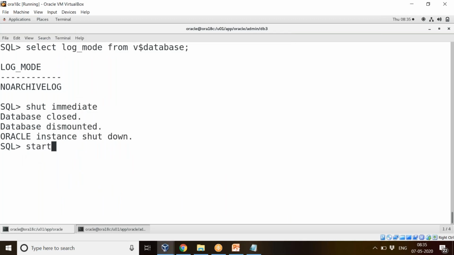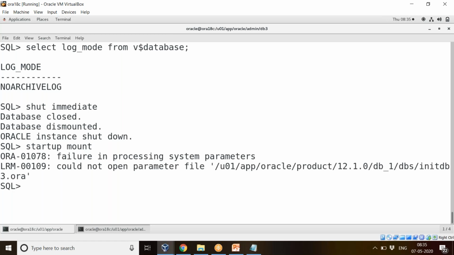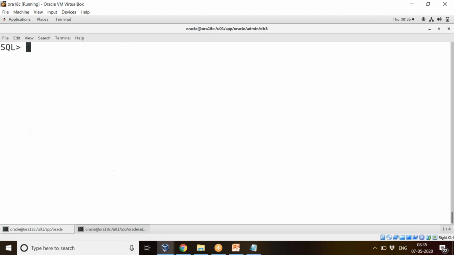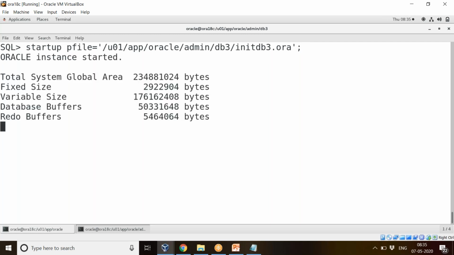So now I'll start my database in startup mount. Okay. Since I have created manually, I have not created my SP file. Fine. So I'll start up my database using P file now. So just I'll start my database using P file, and then I'll create the SP file.